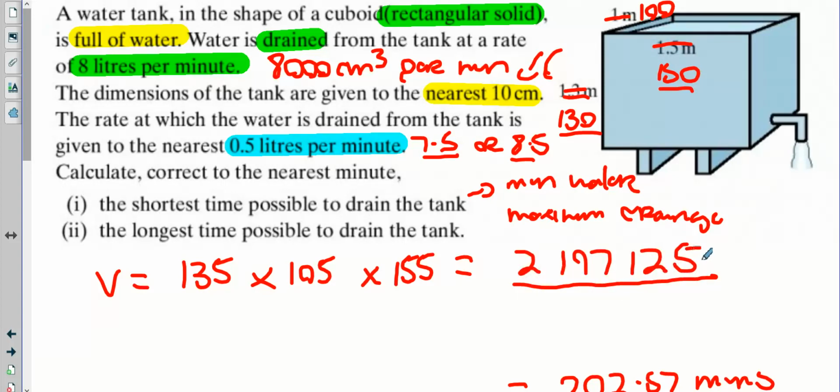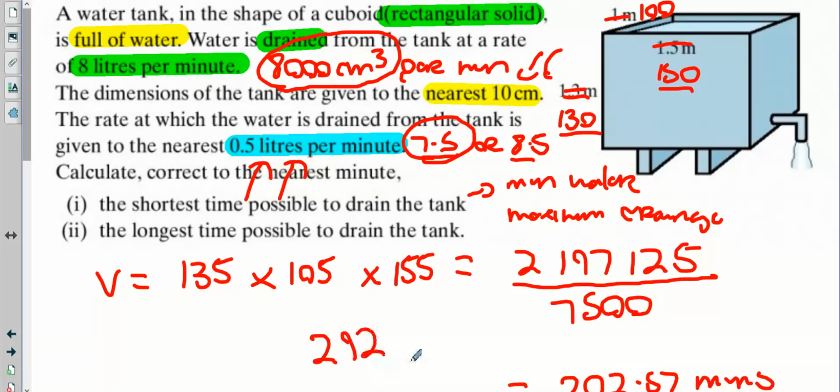Now, that's the maximum amount of water we can have in the tank. But we want the longest time to drain it possible. We're not going to drain at 8,000, are we? We're going to drain at 7.5, otherwise known as 7,500. The reason we're allowed to do that is it says there's a tolerance of 0.5. So we're going to drain at 7,500. Once again, divide it in and round it to the nearest minute. 95, so 293. Once again,